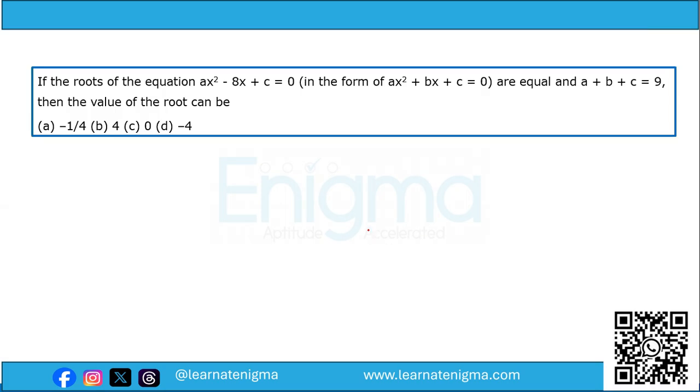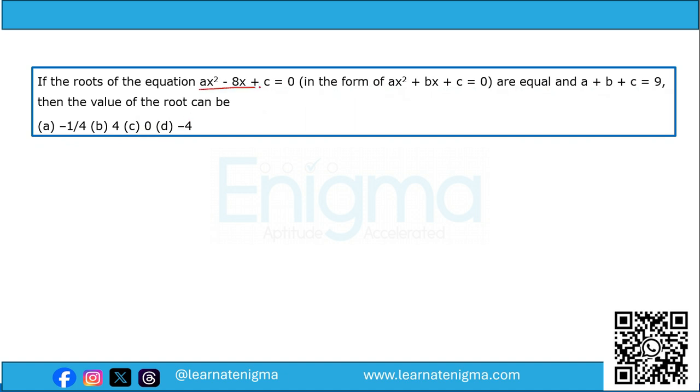If the roots of the equation ax square minus 8x plus c is equal to 0, in the form of ax square plus bx plus c is equal to 0, are equal and a plus b plus c is equal to 9, then the value of the root can be. Now,